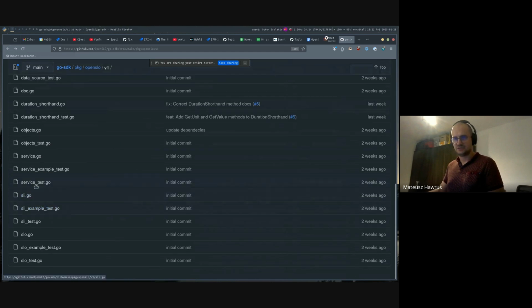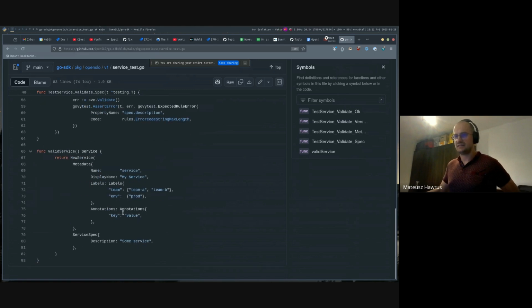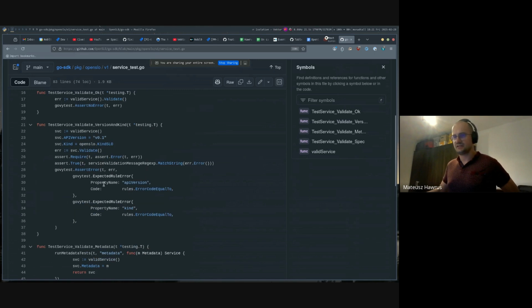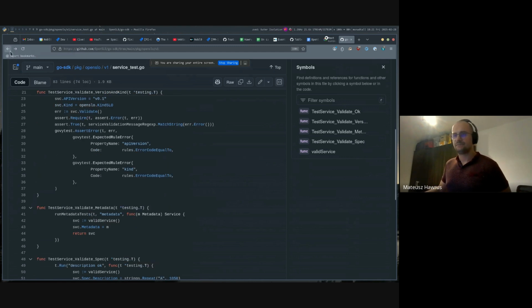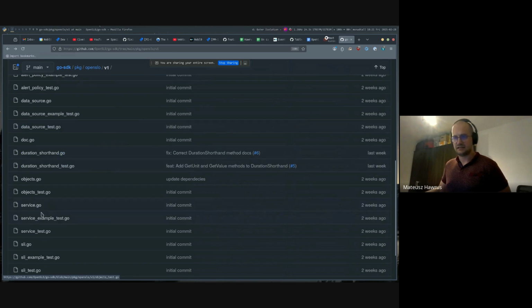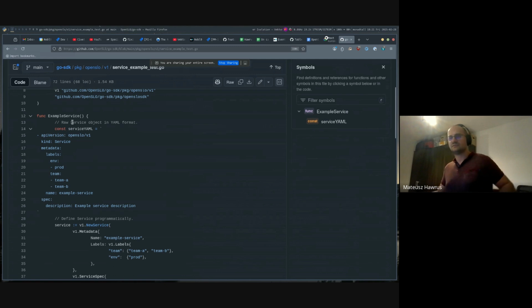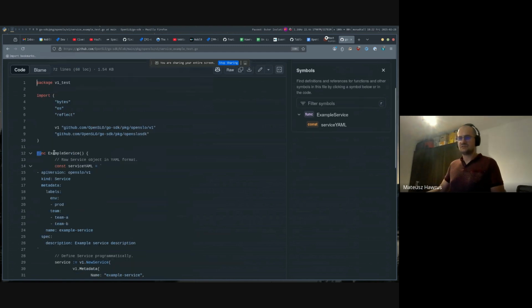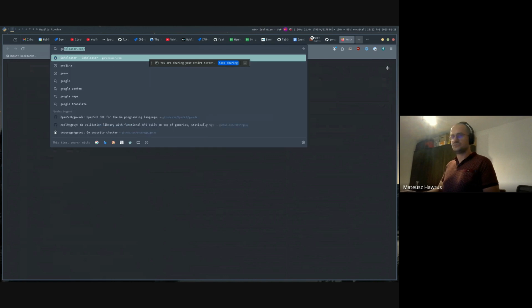Sorry, I clicked the wrong one. I wanted to see service test. Yeah. So every resource has tests for each of its fields. And also there's a runnable example for each of these resources. These runnable examples are something that is native to Golang. And if we go to